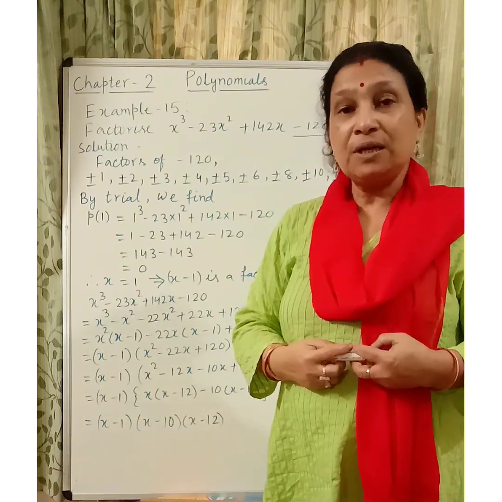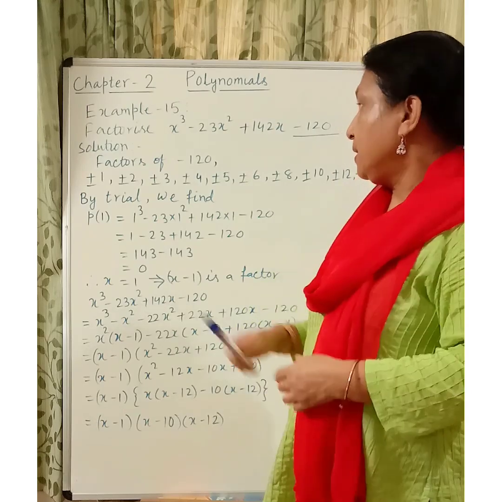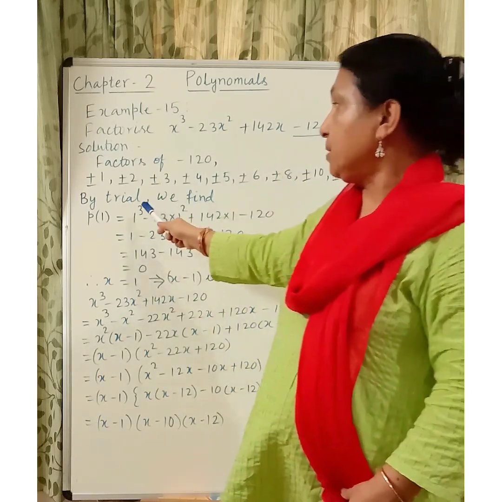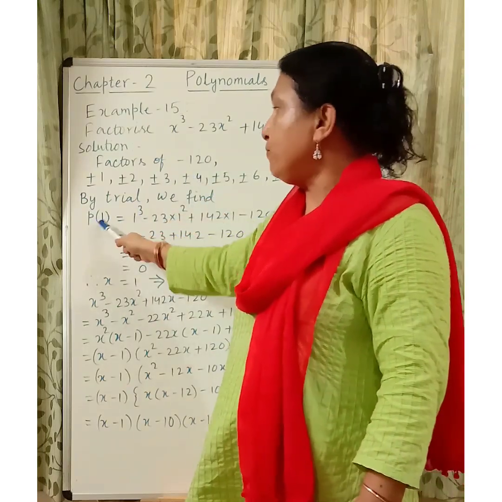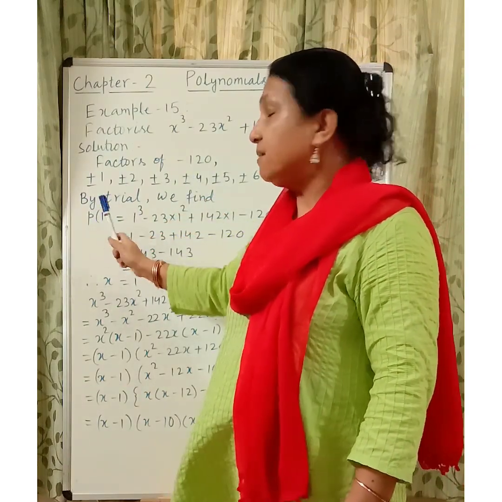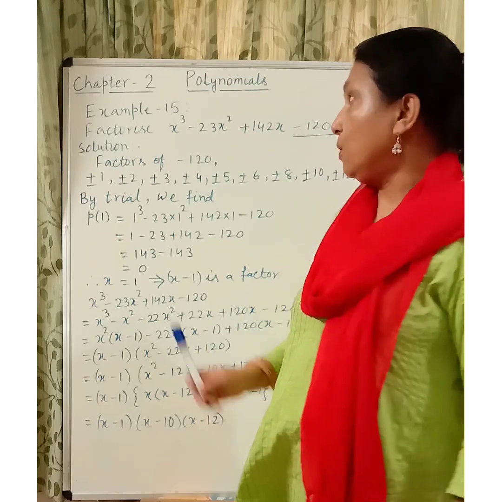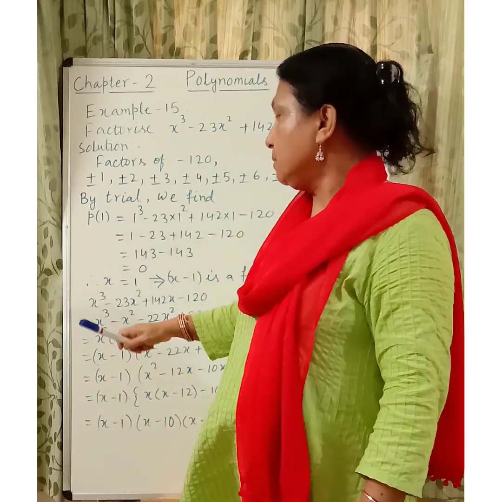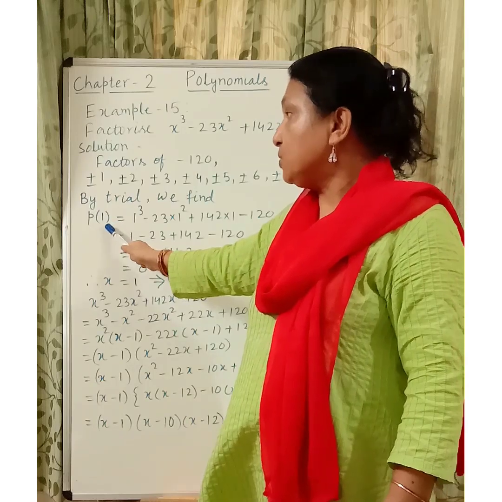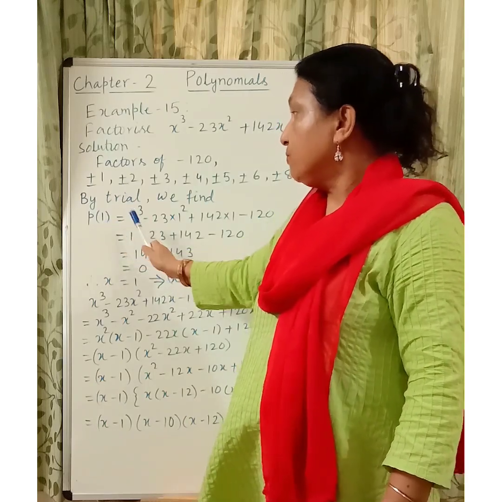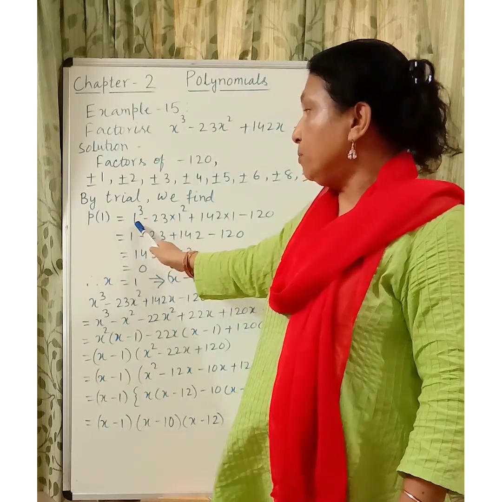All the values we will not be trying. It is just by the trial method that we will be finding out first P of 1. We will be taking the value of x as 1. Let us check now. When we are substituting x as 1, we get the value of the polynomial, that is